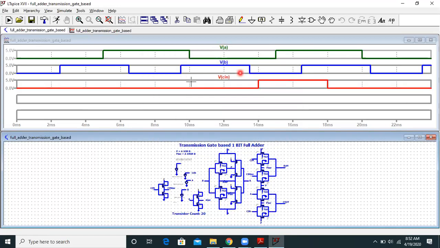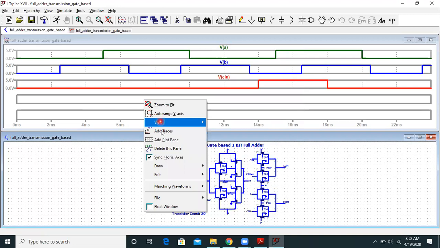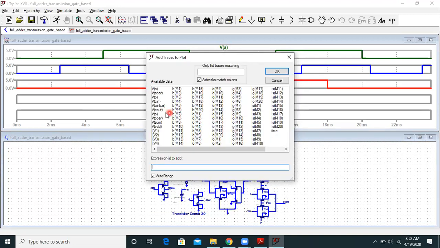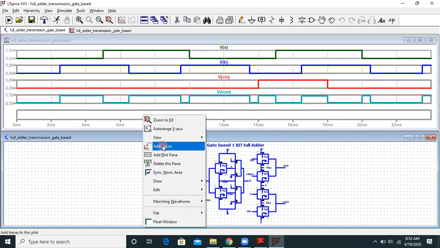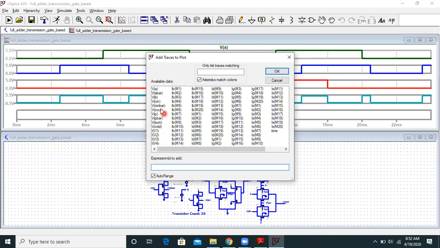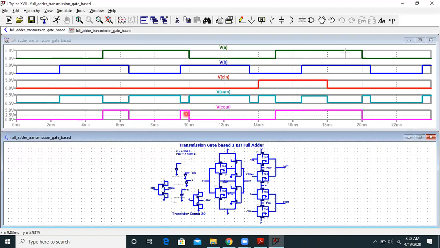So this is my Cin over here. Next we will plot sum. This is the sum which is generated out of the circuit. And lastly we will plot C out. So the last one is C out over here.